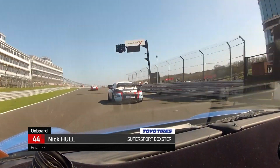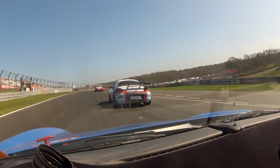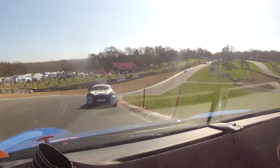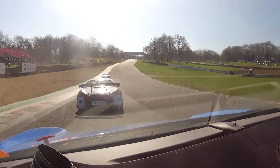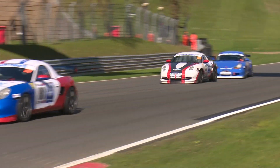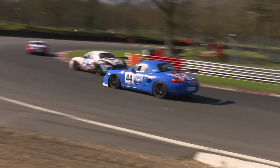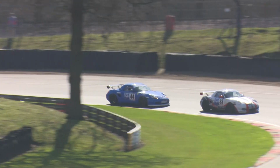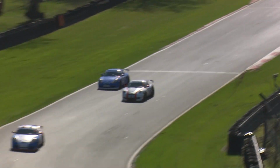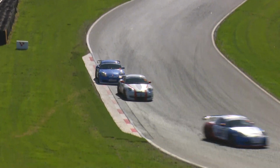But Hull coming along the straight, you can get a really good sense of the undulations of Brands Hatch from the onboard. Great line into Paddock, and now goes up Hailwood's Hill in towards Druids. The blue nose looking to try and go on the inside line, switches to the outside. He's putting Porter under an awful lot of pressure here, is Nick Hull, and this is really helping Anthony Hutchins, the man from Rye, another